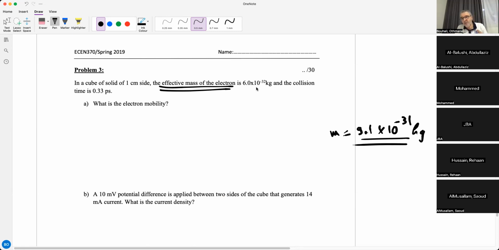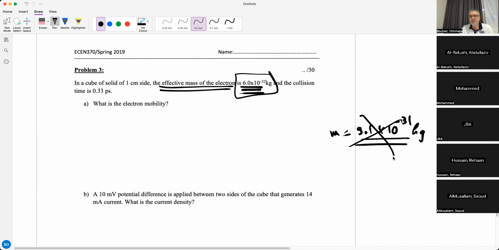So to be consistent with reality, I'm giving you the mass of the electron. You don't have to know what the effective mass is, except that the mass of the electron that I want you to use is this one and not this one. In this problem, if I did not talk to you about the effective mass, you use the 9.1, okay? So now, in a cube of solid, 1 centimeter, the effective mass of the electron is